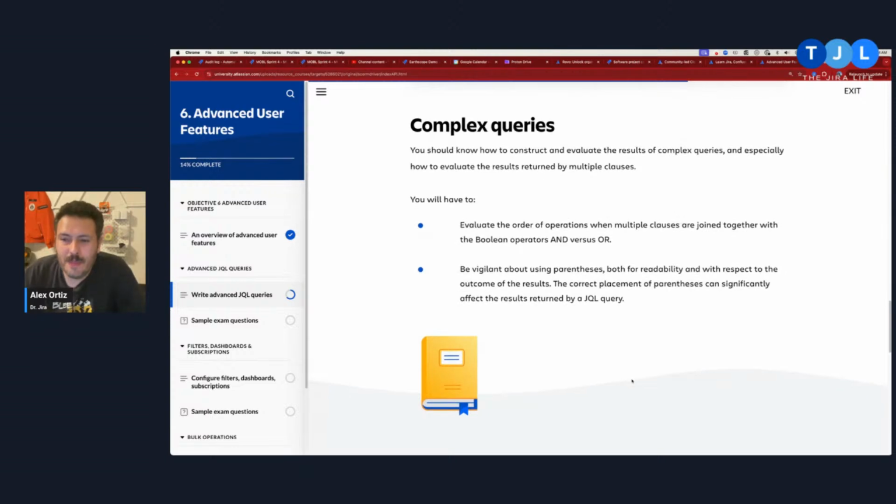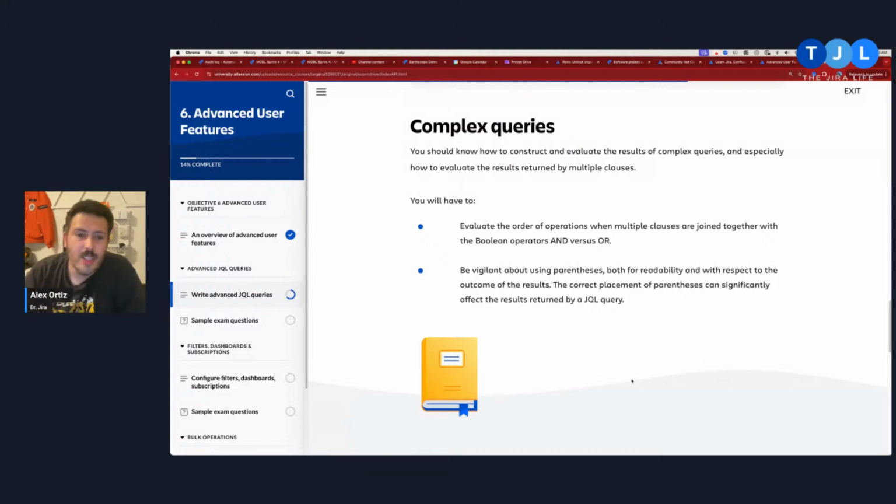Okay, complex queries. So you should know how to construct and evaluate the results of complex queries, and especially how to evaluate the results returned by multiple clauses. You will have to evaluate the order of operations when multiple clauses are joined together with the Boolean operators of and and or, and be vigilant about using parentheses for both readability and